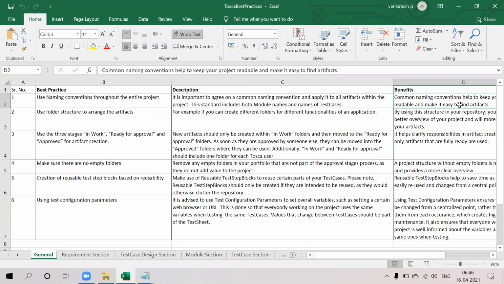The folder structure also you need to follow. So use a structure to arrange the artifacts. By using the structure in your repository, you will have a better overview of your project and can more easily locate your artifacts. So you need to define some folder structure in the project.